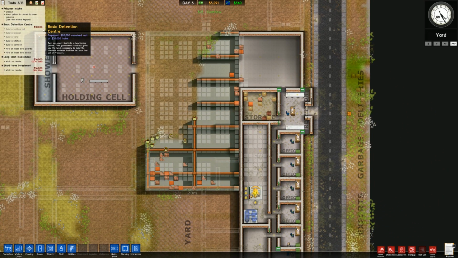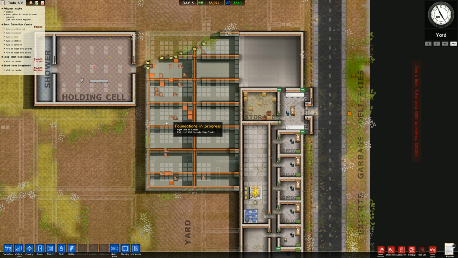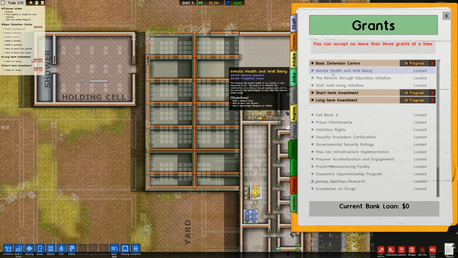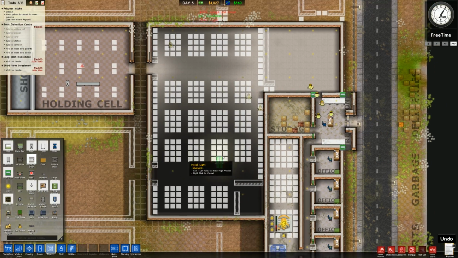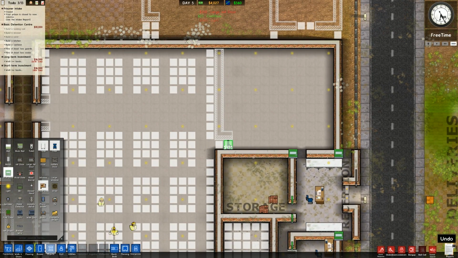But once the basic detention centre is done, we can then go ahead and get a couple of the other things like the psychology. That's not the psychology. We could do staff wellbeing initiative. We could go for inmate health and wellbeing. There's a lot of stuff we can go for. Anyway, that's going to be placed like so. We will place a large jail door in there. We'll place a staff door in...